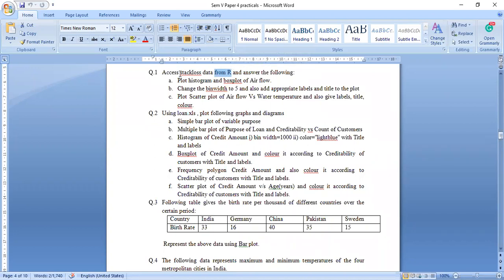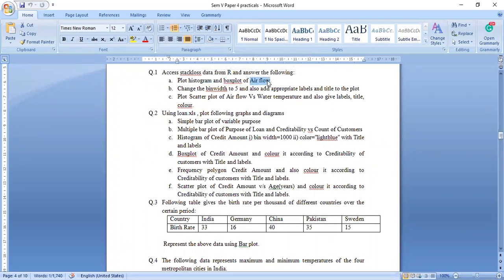Whenever I say access the data from R, that means the data is inbuilt. You need not import data or install anything. Everything is there in R. It is inbuilt. And then you have to plot a histogram and box plot of airflow.